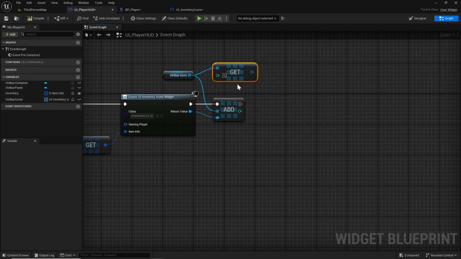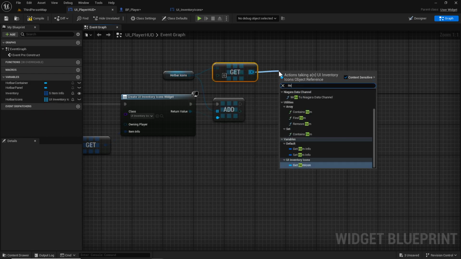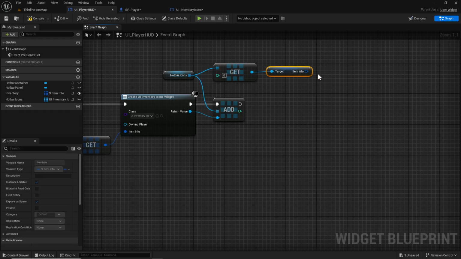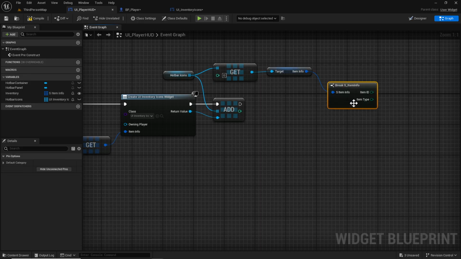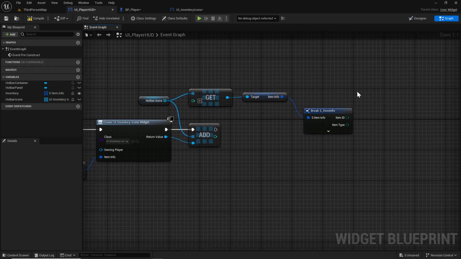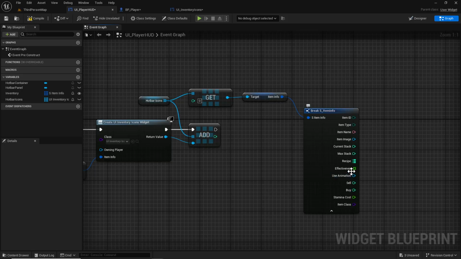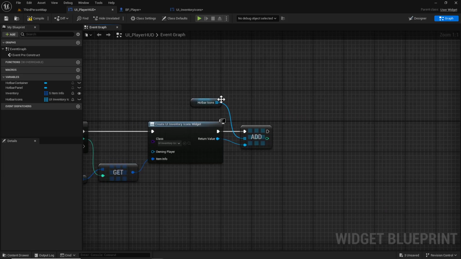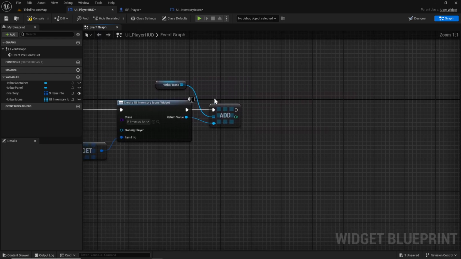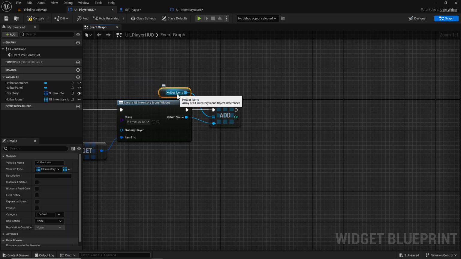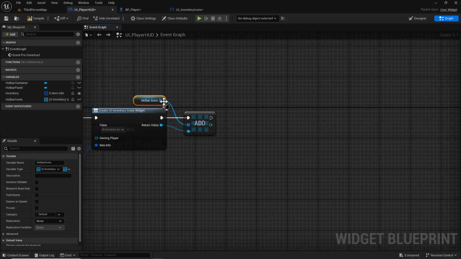So like if I just grab one of these and get the item info, you can actually pull all of that info from each button, so we'll know what the item is, the image, the use animation. We'll be able to pull all that directly from the button itself, so that when we highlight it and click it, we'll be able to just do it. So we add that to an array, and then we will add,